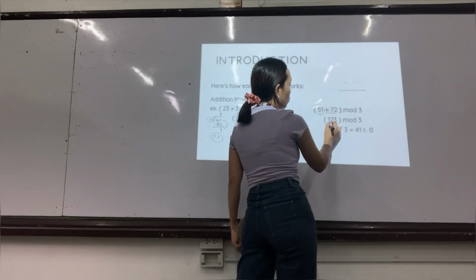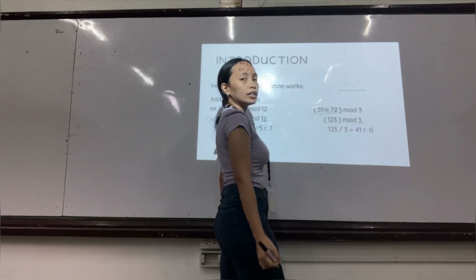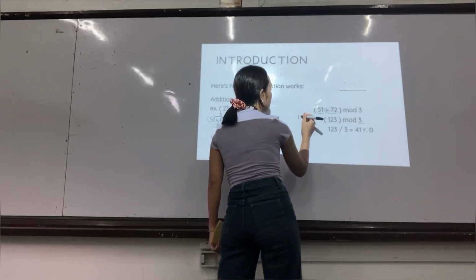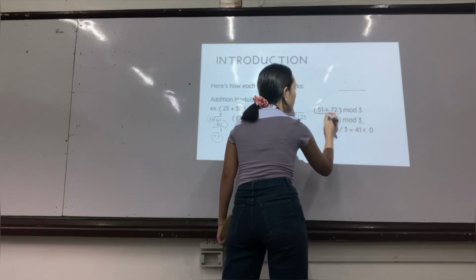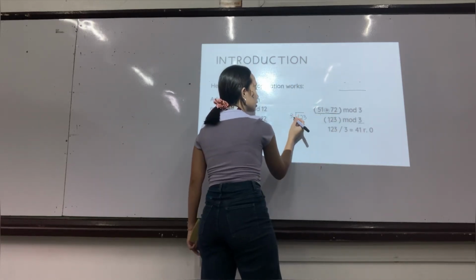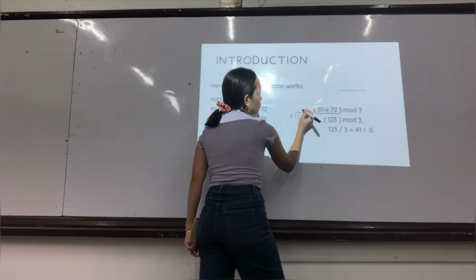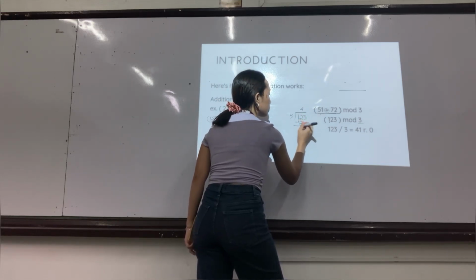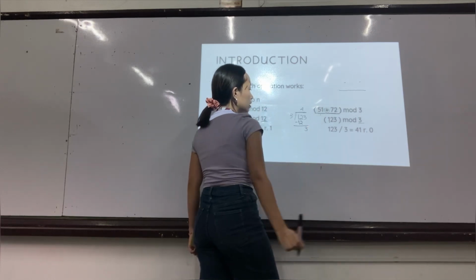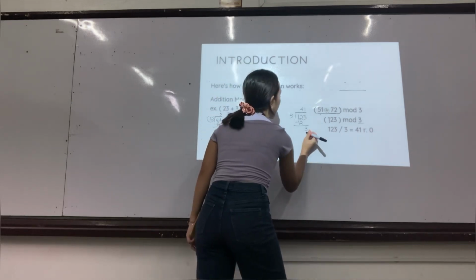Now, 123 has the modulo value of 3. So we are going to divide the 123, the sum of these two numbers, by 3, because this is our modulo, right? So 12 can be divided by 3. We are going to write here 4. So 4 times 3 is 12. And now we bring down the 3. Then 3 divided by 3 is 1.